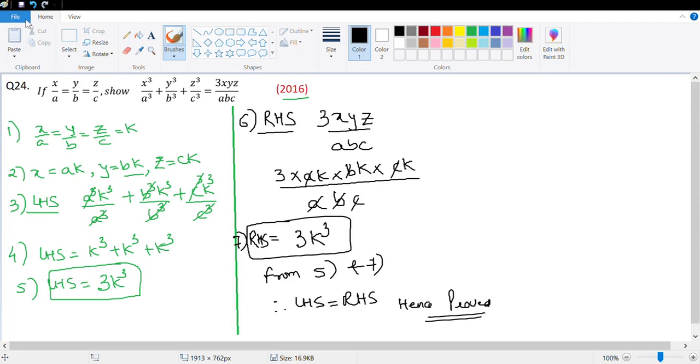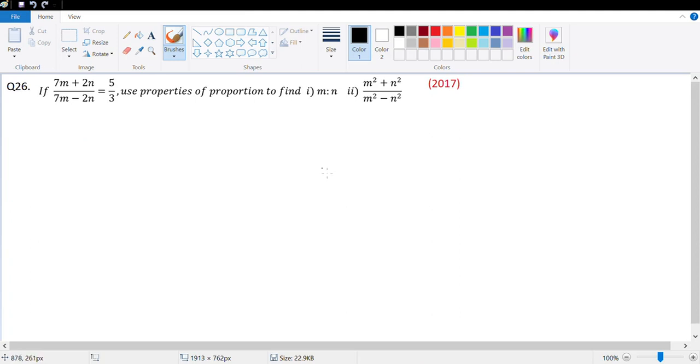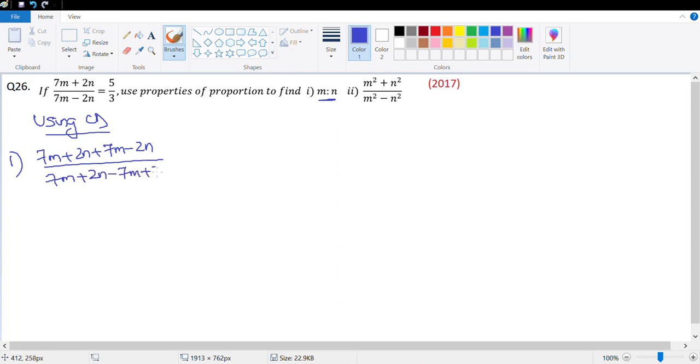The next question that we do is question number 26. Okay. This says if (7m plus 2n) upon (7m minus 2n) is equal to 5 by 3, we need to figure out the value of m is to n. Okay, so let's apply componendo and dividendo. So using componendo and dividendo, I get 7m plus 2n plus 7m minus 2n upon 7m plus 2n minus (7m minus 2n). On the right hand side, we have 5 plus 3 upon 5 minus 3. This gives me